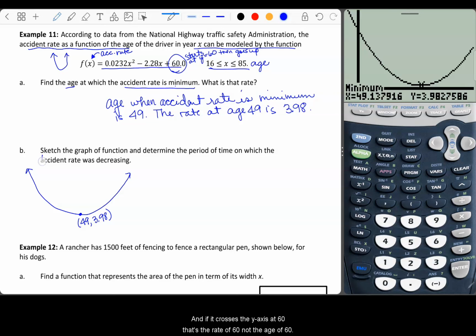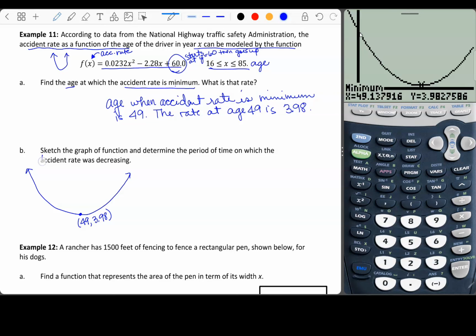And if it crosses the y-axis at 60, that's the rate of 60, not the age of 60. So if we go over here to where it's crossing the y-axis, that corresponds to an age of 0 and a rate of 60, and then it's decreasing all the way down to the age of 49 and a rate of 4, and then the rate starts increasing the older you get. So the rate of decreasing is from 16, because that's where the function starts, to 49. So it decreases between the ages of 16